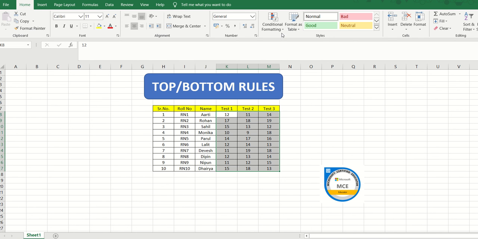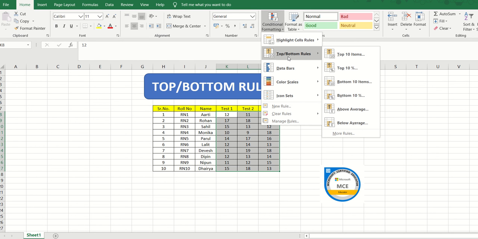Okay, so today we have learned it. Let's do a quick recap. We have gone through the second part of conditional formatting, which is top or bottom rules. If you want to calculate the top 10 items, top 10%, or it could be 20-30%, you can alter it accordingly. You can customize the formula. And even if you want to calculate the bottom 10 items or the bottom 10%, again it is in your hand. You can customize the data. Above average, below average, if you want to customize the data, again you can use this particular formula, and automatically conditional formatting is going to highlight the values for you.